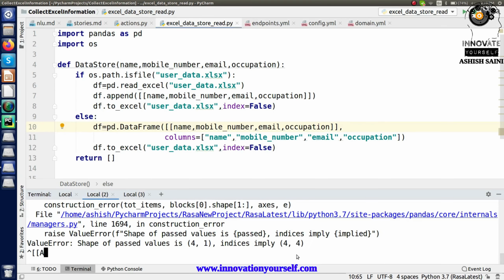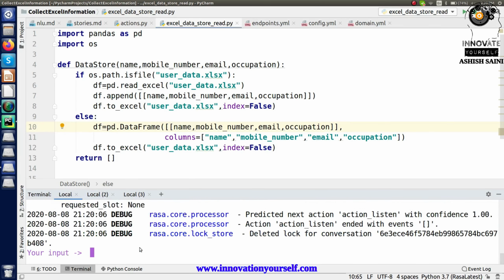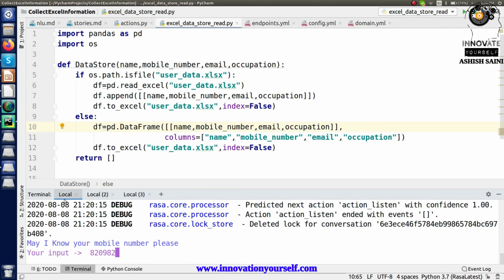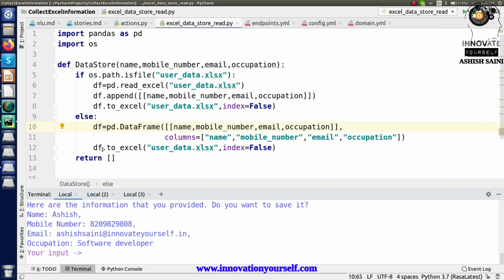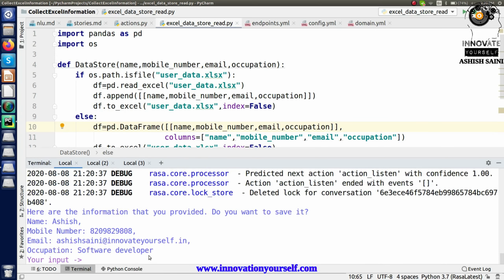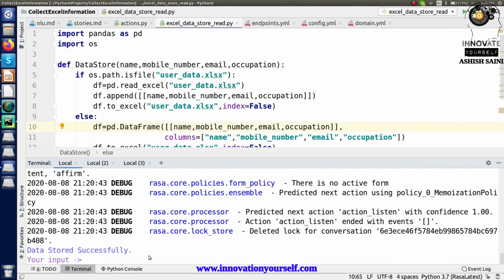Alright, now it is okay. Now let's say yes, and this time it should not display any error. Instead, it will show you that data has been stored successfully. That means this time you have stored the information correctly.